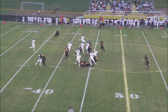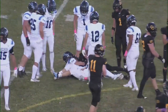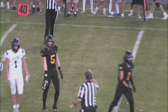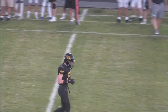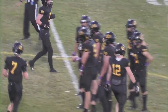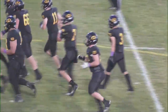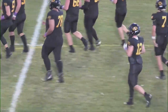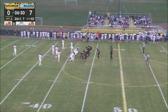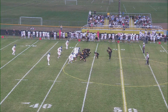And here's a handoff to Thody trying to get outside, and he's cut down out on the edge. That'll be a gain of about 3 for Nathan Thody, who's been dealing with some injuries this year, coming in averaging 213 yards through the first 4 games, but has missed some time with injury. 2 touchdowns. He also has 6 catches for 109 yards. Brown on the tackle. So it's going to be 2nd down and 7 for Hutchinson on their opening drive as they try to respond